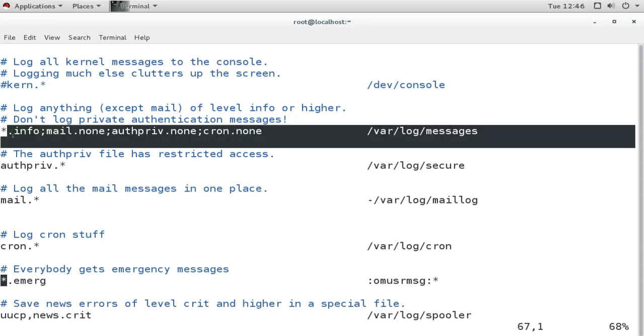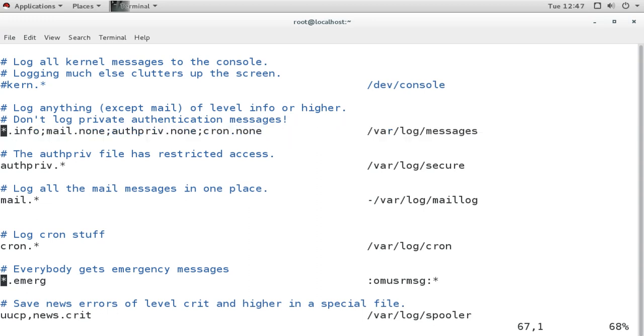The first option says star, and star means any facility, dot info priority. So informational messages from all the facilities, that means all the types, will go to the messages file. Then mail.none means mail is the facility, the type, and none means no priority, so nothing from the mail facility will go to messages.